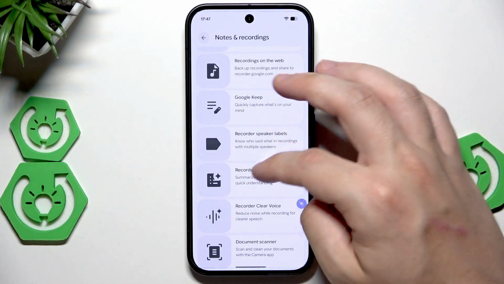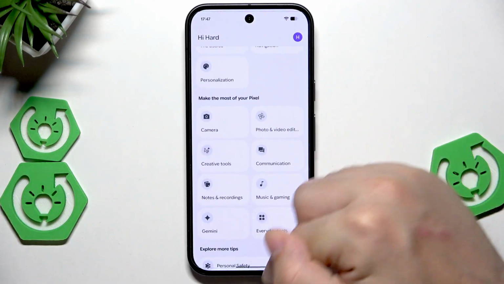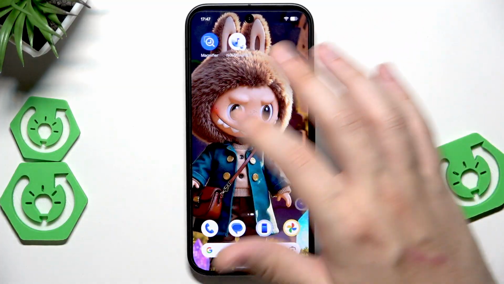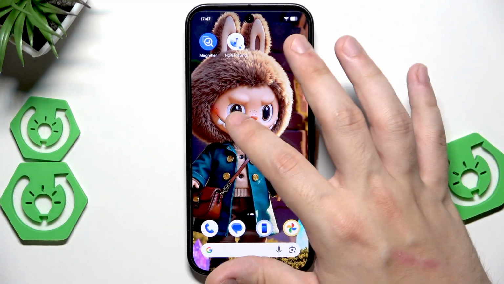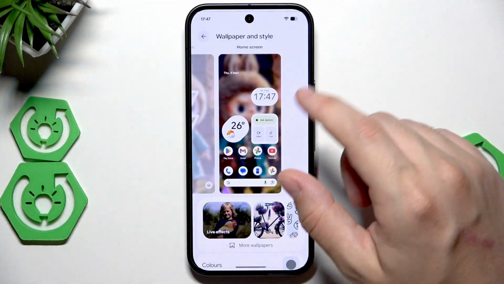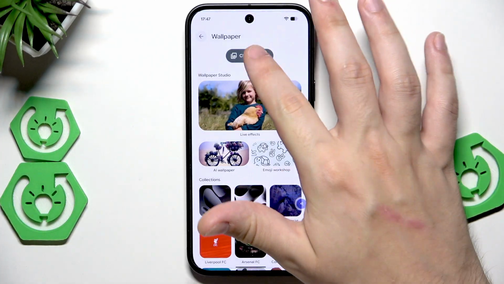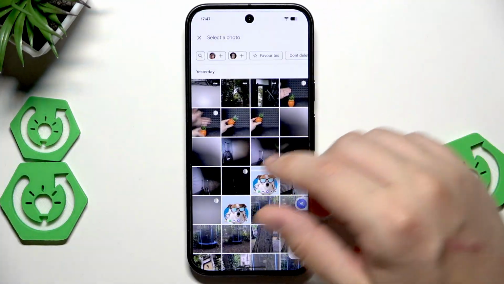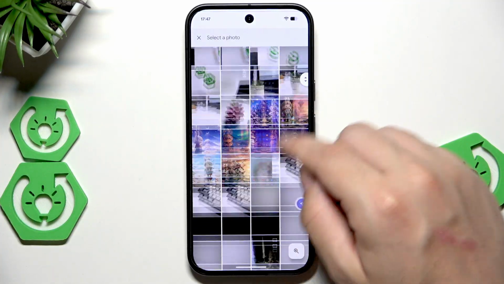Next cool thing are the wallpapers that I'm about to show you, and an option to create them, to make them dynamic. Let's hold on the empty space. Let's click on the wallpaper and style. Now let's click on more wallpapers. Let's choose our own photo, for example. Let's say, for example,